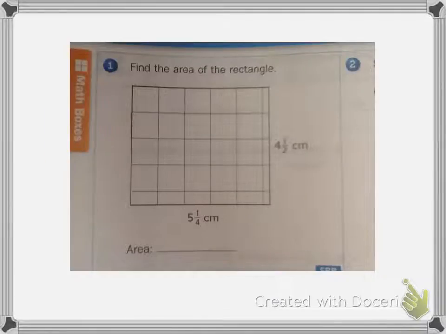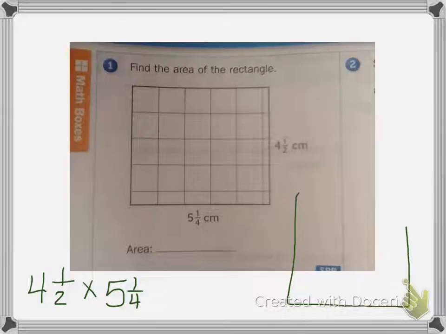Number 1 says find the area of the rectangle. We have 4.5 centimeters by 5 1/4 centimeters, which means it would be 4 1/2 times 5 1/4, since when we find the area, we multiply the length times the width. So if we're going to solve it using our area model,